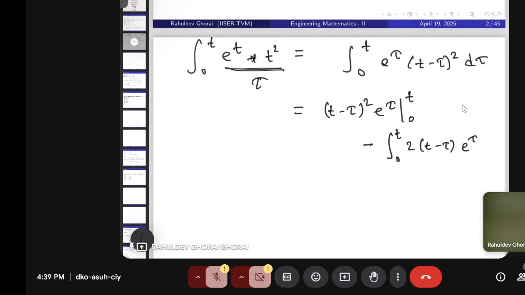So this one will give you, at tau equal to t it is 0, right? And at tau equal to 0 it will be t square, so negative of t square e to the power 0, minus 2 times